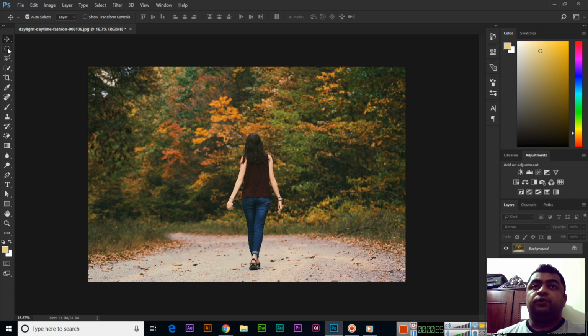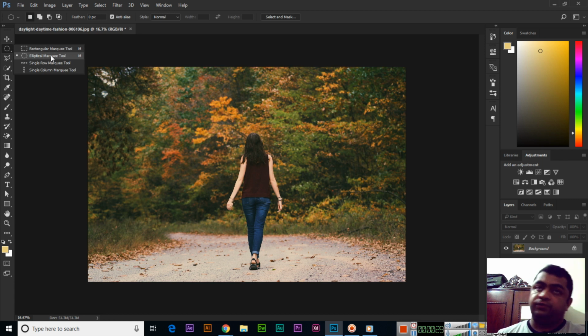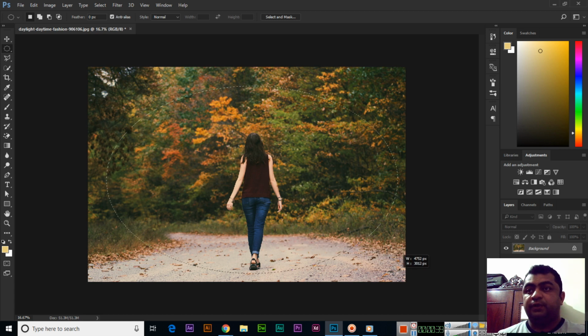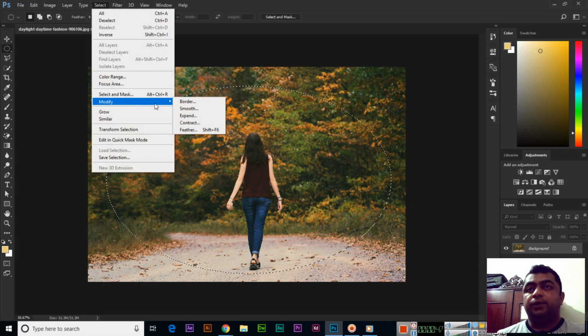First of all, open the image, and then second, select the elliptical marquee tool. Using this tool, create an oval selection like this, and then if you want you can click on Select, Modify